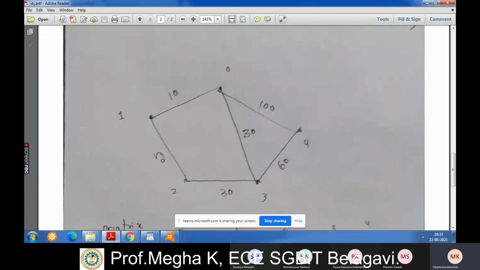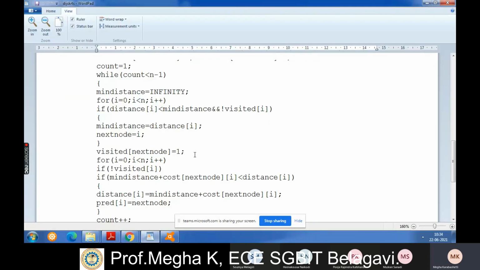When you go 0, 1, 2, what is the total cost? 50 plus 10, that is 60. When you go 0, 3, 2, the cost will be 30 plus 30, that is 60. In this example both costs are the same. Consider that 0, 3, 2 has a lower cost. We need to always consider the path which gives the lower cost. So we need to write the code for the same. Every time you do the calculations, increment the visited count, then the predecessor, and then the next node. All these values should be changed.